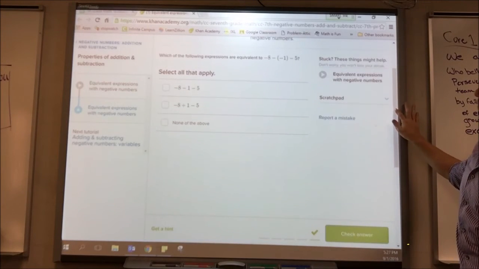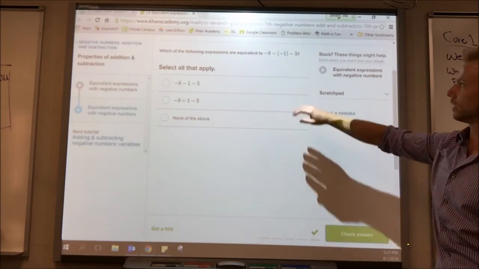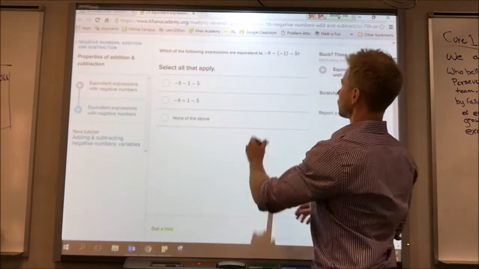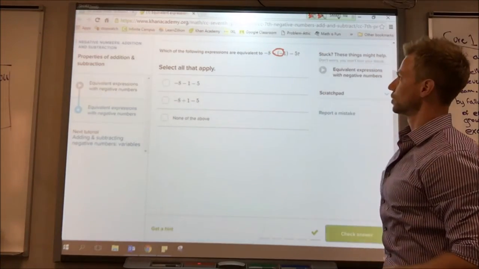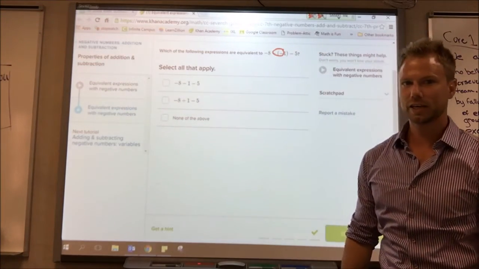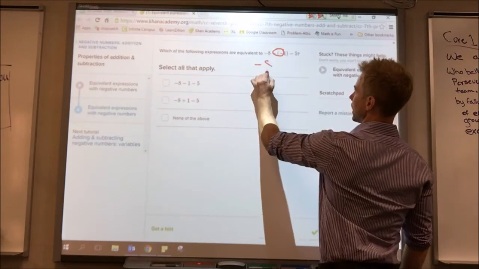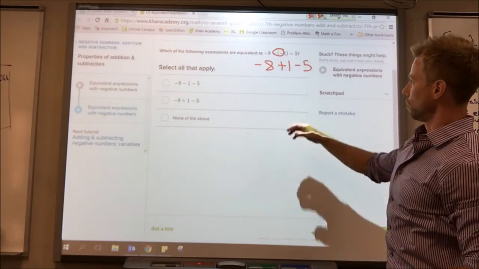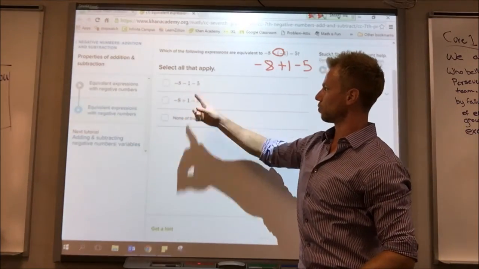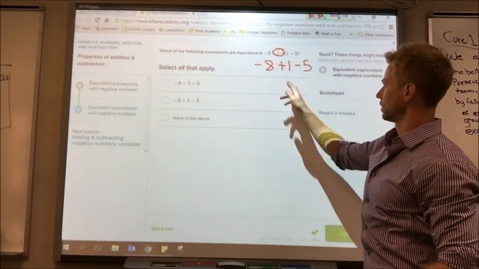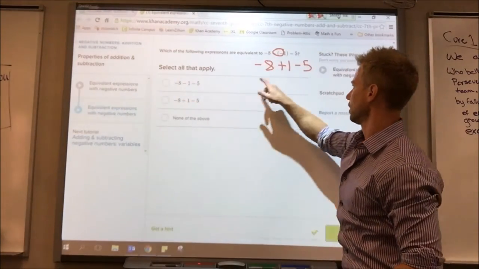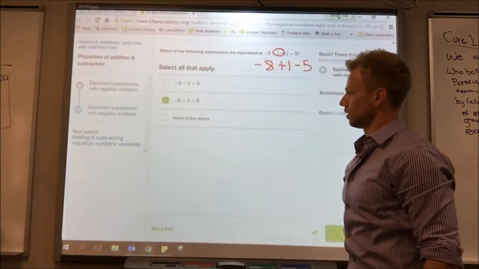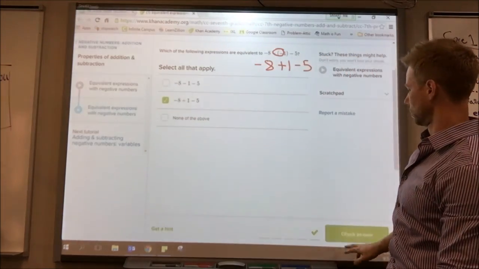All right. Which of the following expressions are equivalent to this right here? Well, again, when I take a look at this, first thing I see are 2 signs right next to each other. They're both negatives, they're like, so I would simplify that to negative 8 plus 1 minus 5. Okay, so would that be the same as negative 8 minus 1 minus 5? Nope, because that should be a plus. This one matches what I have exactly. So I do know that one will work, and none of the above. No, the second one works, so it's not going to be